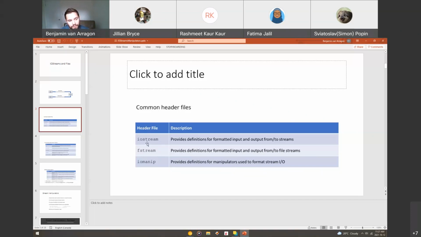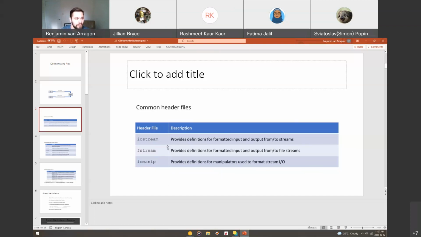And remember, we always have used that one for cin and cout because we're using our keyboard. And that provides the definition for the formatted input and output from and to streams. There's the fstream header file, which is formatted input and output for file streams. Okay, so that's a little bit different because it's going from our buffer to a file instead of to the user on the console. And then there's the iomanip header file, which basically provides definitions for manipulators used to